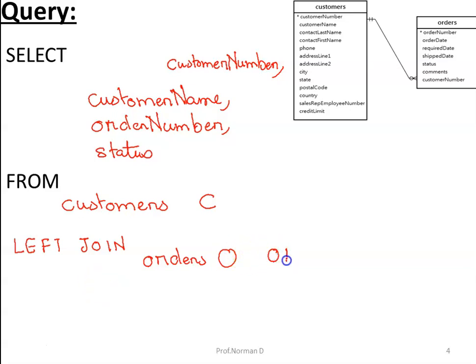Our join condition is to join tuples from both these relations provided the customer number from the customers table is the same as the customer number from the orders table. So our join condition will be C dot customer number equals O dot customer number.